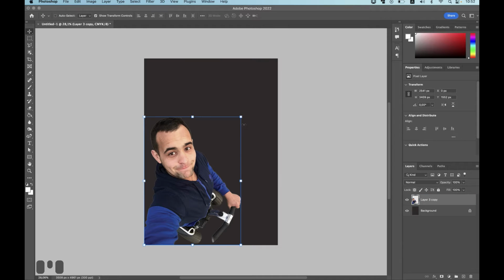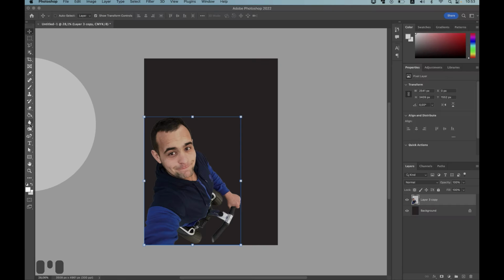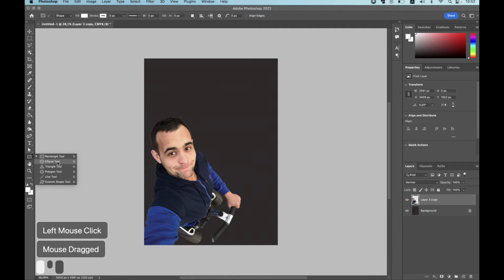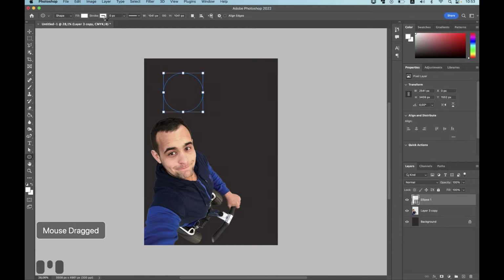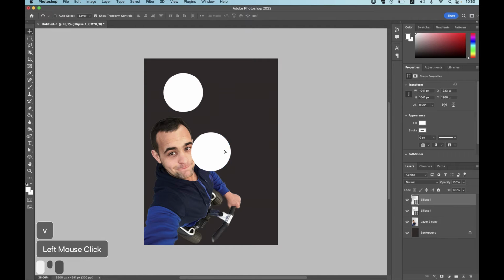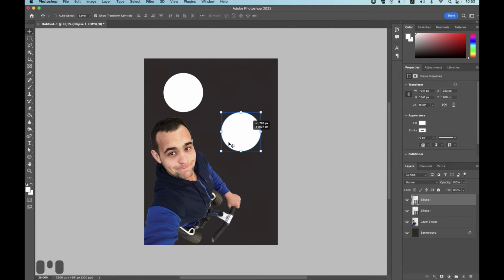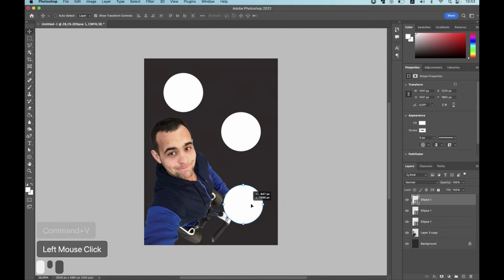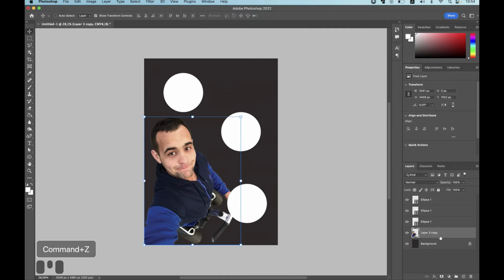Now let's add some decorations. We need to create some shapes with different colors. I suggest creating 3 circles. We're going to create the first one with the ellipse tool. Let's just use this one and let's copy that 3 times. The first one, we place over here, and let's place this one over here behind the guy. So the guy must be here. Okay. And let's make such stuff.